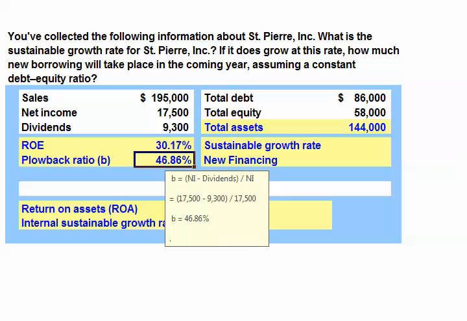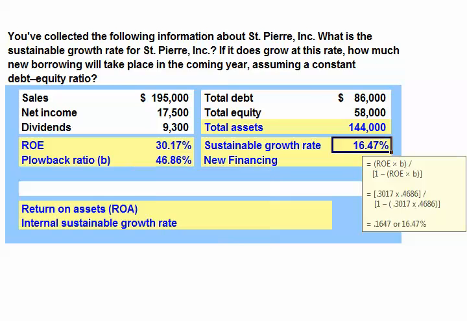So our retention ratio is $17,500 minus $9,300 in dividends divided by the $17,500 in net income, or 46.86%. Our sustainable growth rate then is calculated by taking our return on equity of 30.17%, multiplying it by our